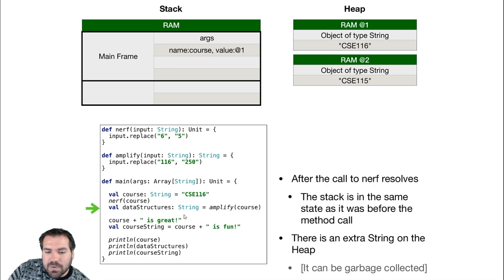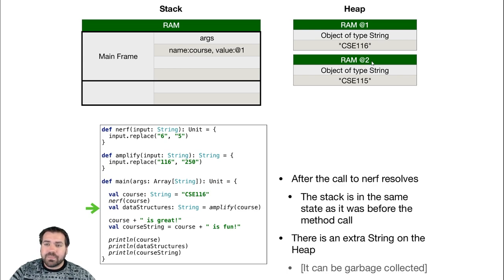So let's move on. We call this amplify method. Oh, and since there's no references, this is a side note. I don't expect you to know about garbage collection. Maybe it's something I'll add to the course sometime, but the course is stuffed as it is. So this @2, we no longer have a reference anywhere on the stack to this object. So that means it's going to be eligible for garbage collection. Next time the garbage